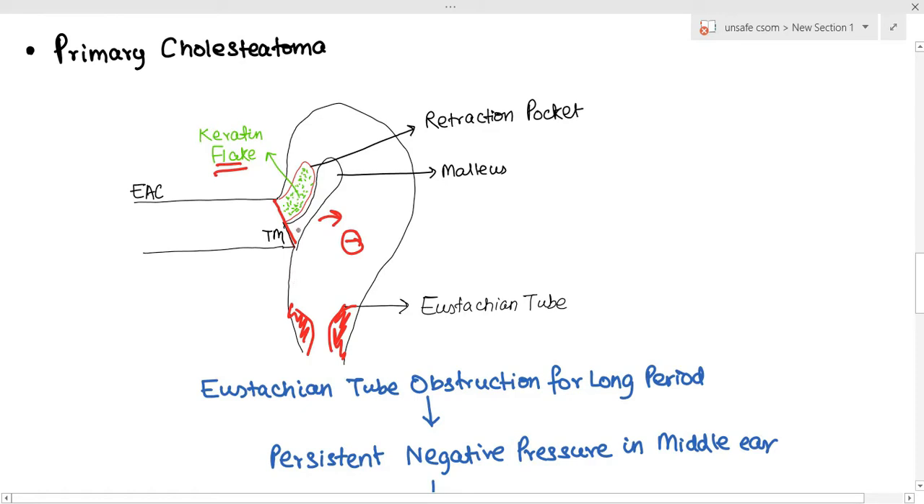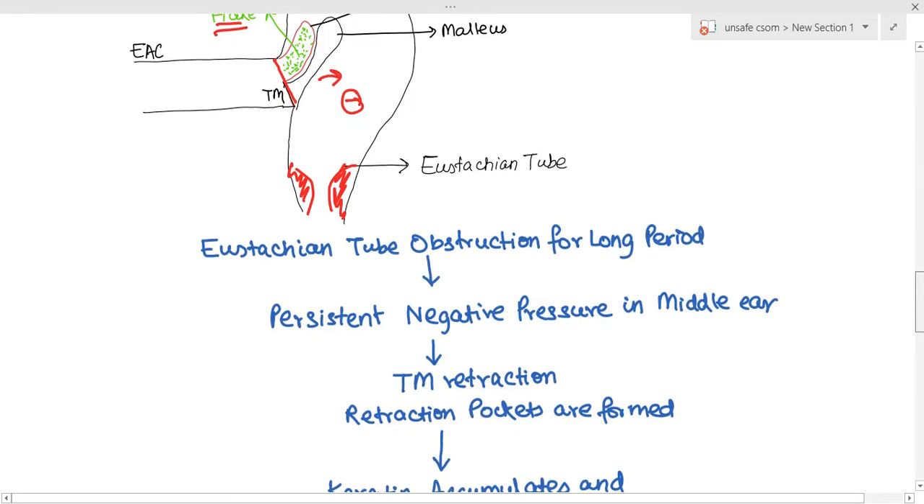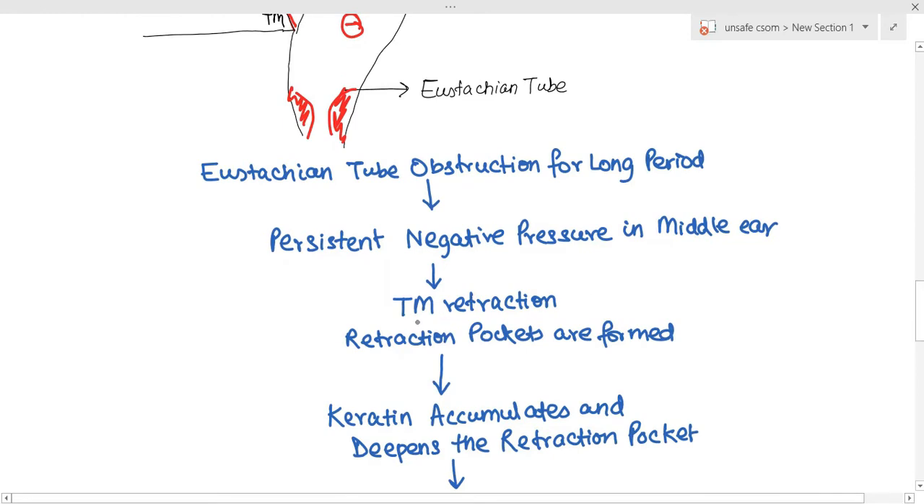Okay, now normally if there is a small retraction and there is a small deposition of the keratin flakes, it is not a big deal, because it will be cleared on its own. But since there is persistent negative middle ear pressure, this retraction pocket gets deepened, there is accumulation of the keratin flakes furthermore, and it may be significant. So what we have to see is, with persistent negative pressure, the tympanic membrane is retracted, retraction pockets are formed, keratin flakes accumulate, and it deepens the